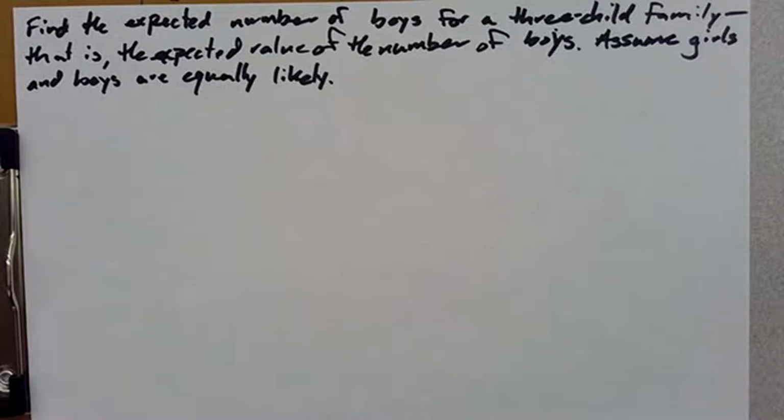In this video, we are going to look at the problems on the 11.5 slides. We're starting here where we're asked to find the expected number of boys for a 3-child family. That is, we want to know the expected value of the number of boys, assuming boys and girls are equally likely. So the first thing we want to do is set up a table with the number of boys and the probabilities